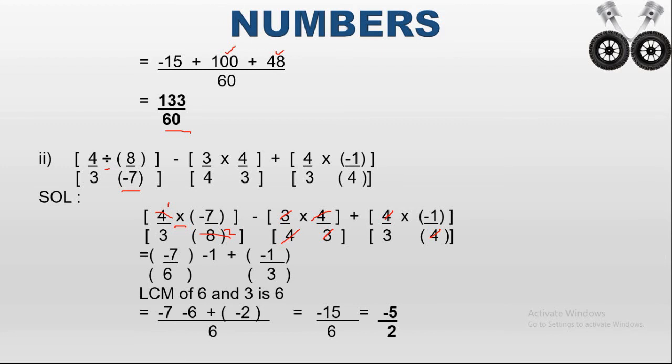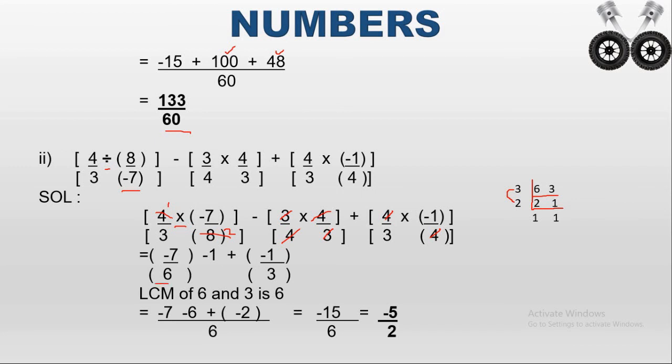Again we are having different denominators, that is 6 and 3. If I want to add the rational numbers, first we should have the common denominator or same denominator. So we have to find the LCM for 6 and 3. So 6 and 3 have the common factor as 3. So 2 3s are 6 and 1 3s are 3. Now we can find the factor for 2. The factor for 2 is 2 itself. So 1 2s are 2. So now we can multiply 3 and 2. 3 into 2 is 6. So the LCM for 6 and 3 is 6.